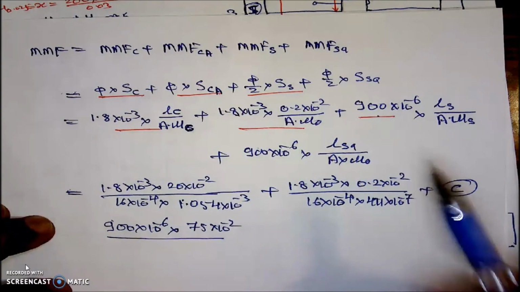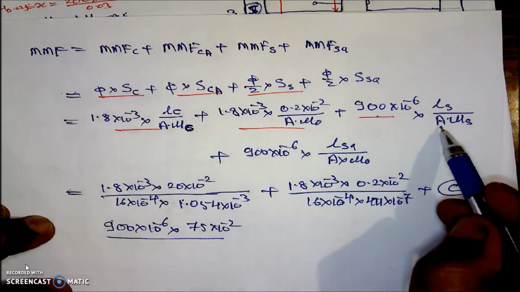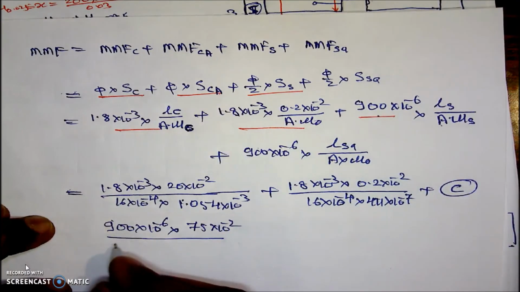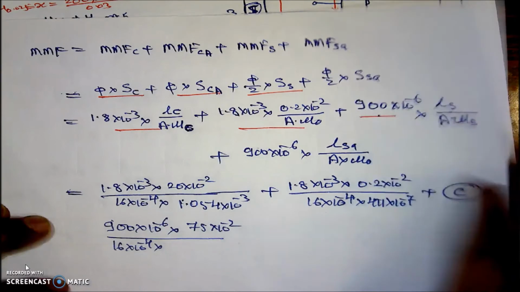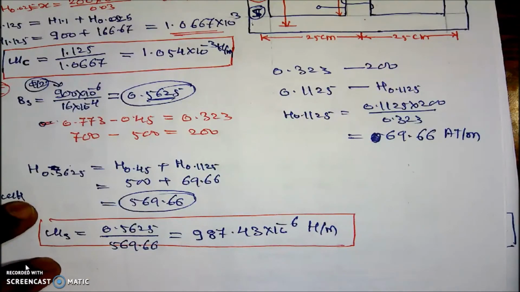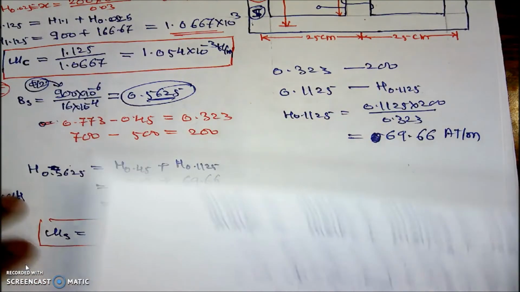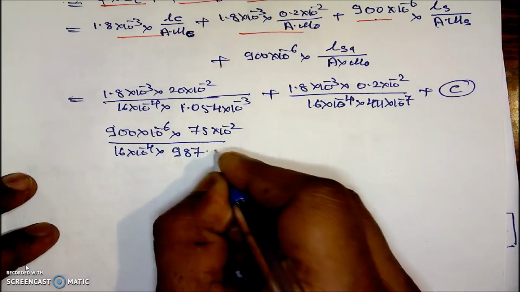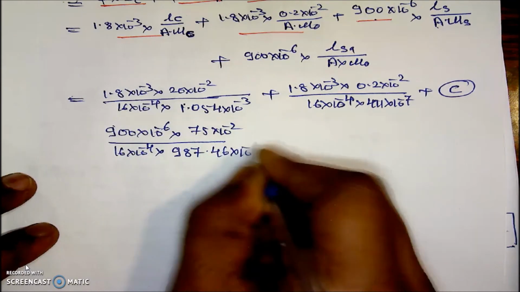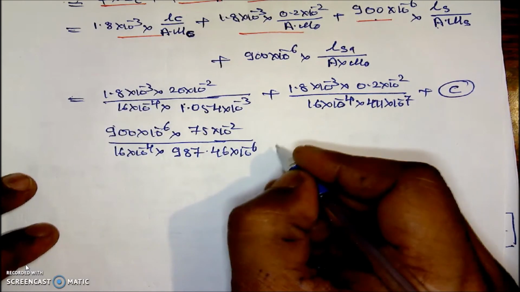the area, which is throughout the same, 16 into 10 raised to the power of minus 4, into mu s. We have calculated mu s, which is 987.43. So 987.43 into 10 raised to the power of minus 6 is that value, plus